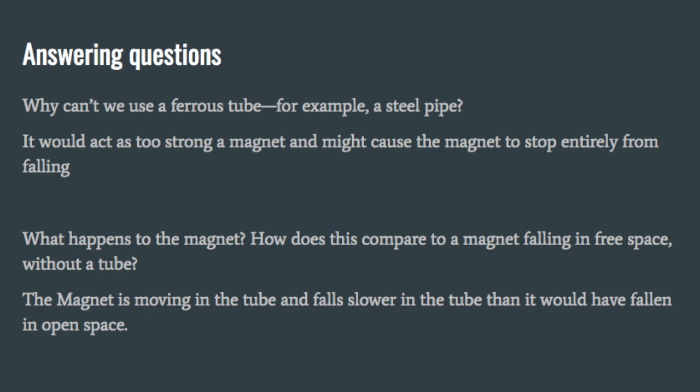Before we continue, let me answer a few questions. Why can't we use a ferrous tube, for example, a steel pipe? This is too strong of a magnet and it might cause the magnet to stop entirely from falling rather than just slowing it down. What happens to the magnet? How does this compare to a magnet falling in free space without a tube? The magnet is moving in the tube and it falls slower in the tube than it would have fallen in